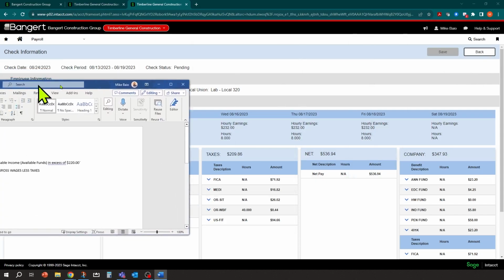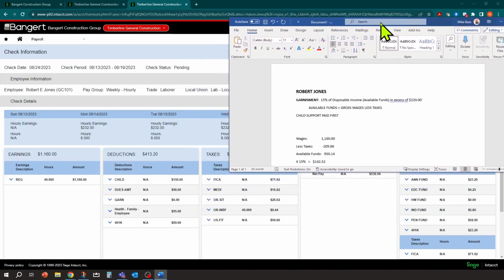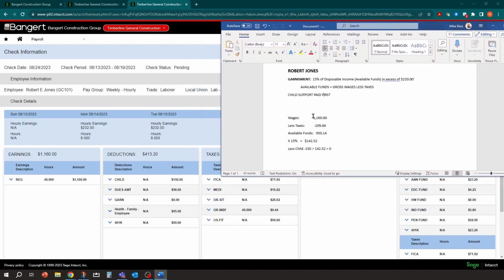If I take a look at the calculation that I did beforehand, his gross wages were 1,160 less the tax total, which is all of these right here, 209.86, which gives him available funds of 950. So if we take the 950 times the 15%, the garnishment should be 142.52.